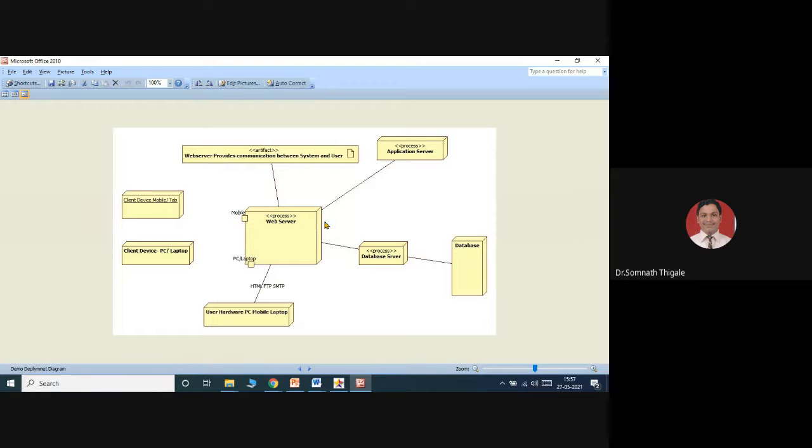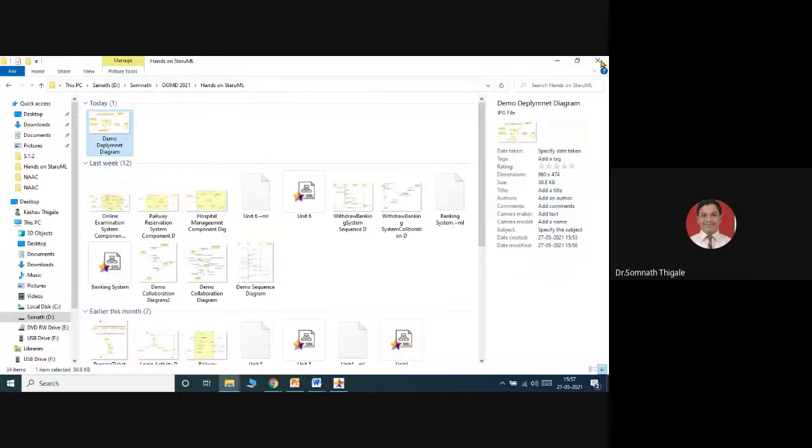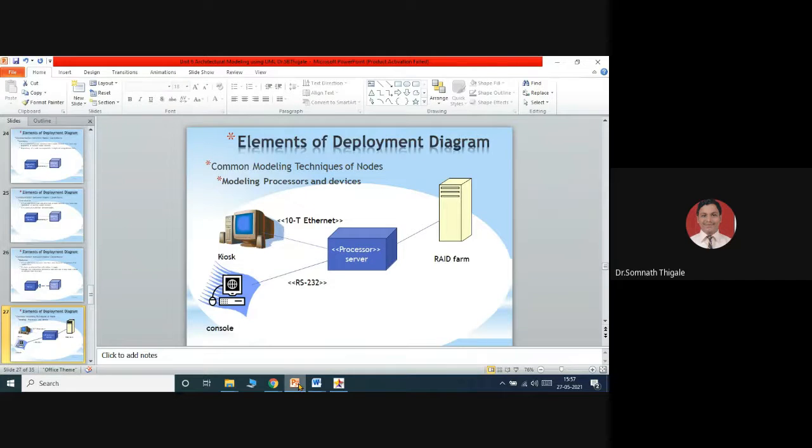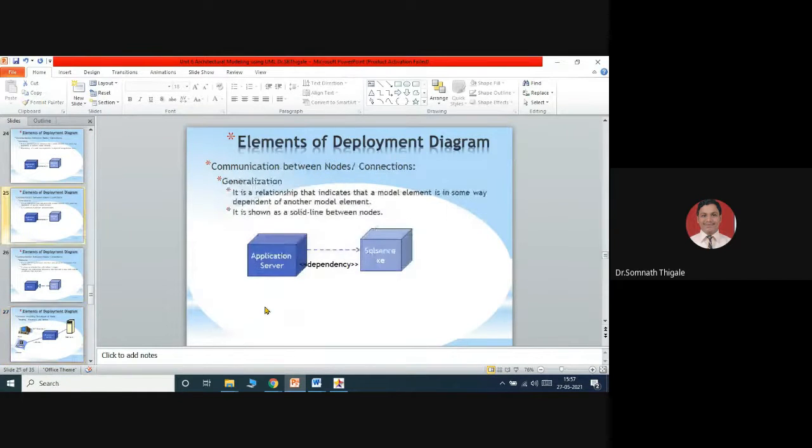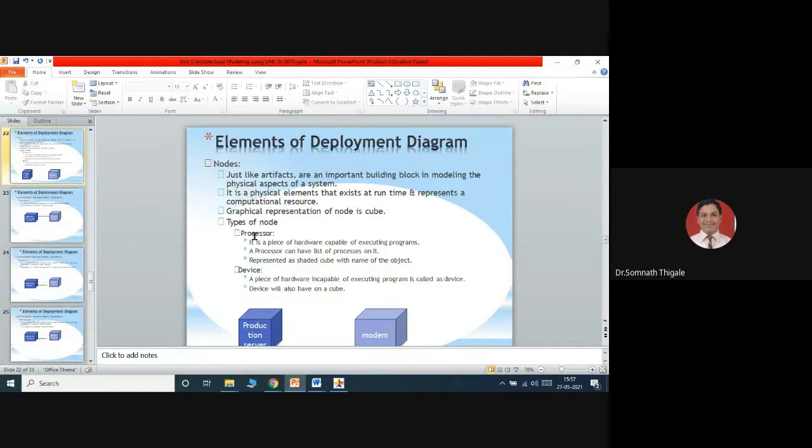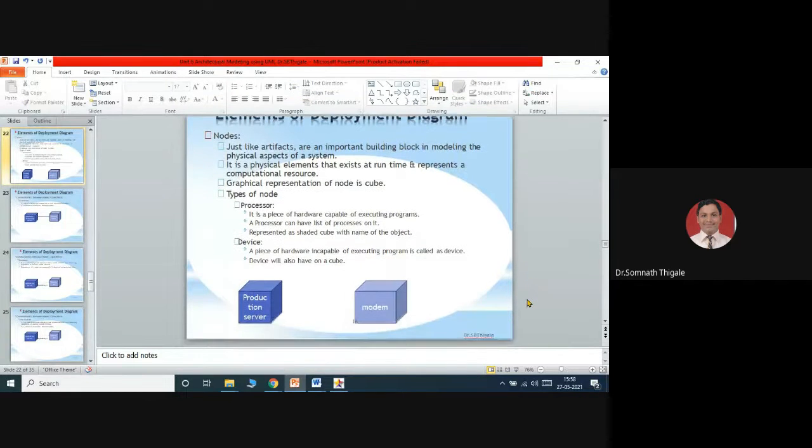They are connected and will be represented in a simple diagram. We are simply calling it the deployment diagram. To draw the deployment diagram, basically we need two elements. The first element we simply call nodes. Nodes are of two types. One is a simple device where no processing takes place, and the second type of node is called a processor, where an application runs, or the device is able to perform some kind of operation. We will call it a processor. Is this part clear? Reply something, yes, no.